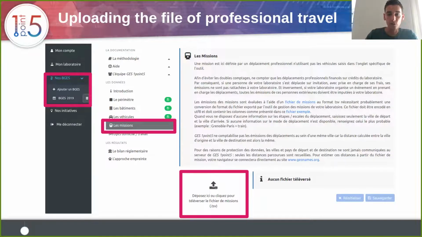So there is the module for professional travels. This module requires a file with a specific format, but we added different formats coming from the different information systems of the institutes. For example, in France, there is the CNRS and the INRAE, and they can provide to their users, to their labs, an extraction of their professional travels that can be read by our system.